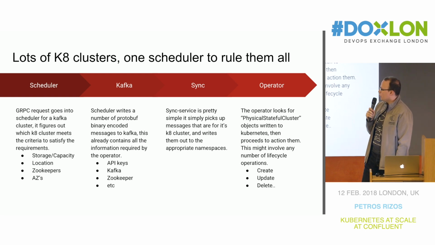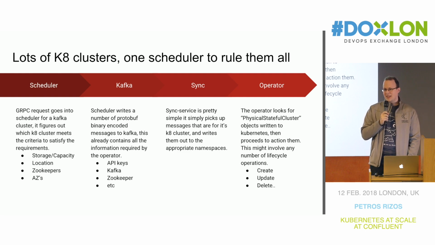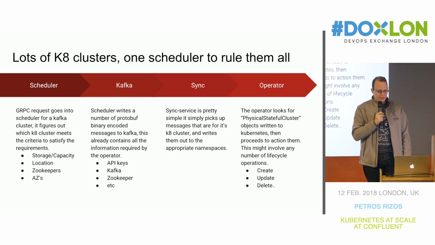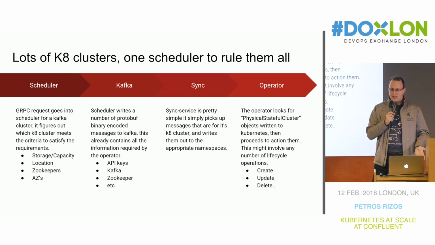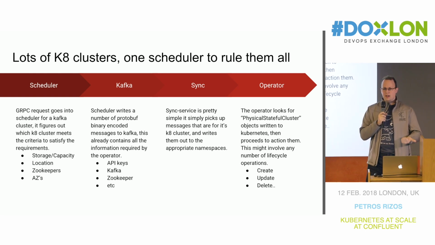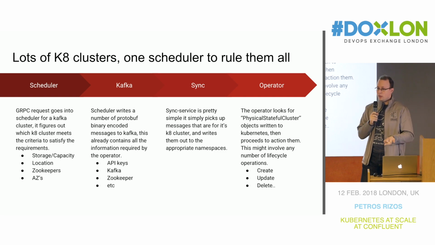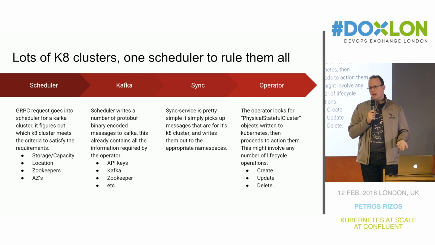So how do we actually schedule over so many Kubernetes clusters? The current Kubernetes federation layer is kind of YOLO style. Basically, if you want to use it, best of luck in surviving it. At least that was our discovery. So we've mostly built a fairly light scheduler on top of it. For the most part, the gRPC request goes into our scheduler. The scheduler gets a few requirements like how large do you want your Kafka cluster to be, what location do you want it to be, do you have any special Zookeeper requirements, do you want it to be HA, and so on. Goes over Kafka,